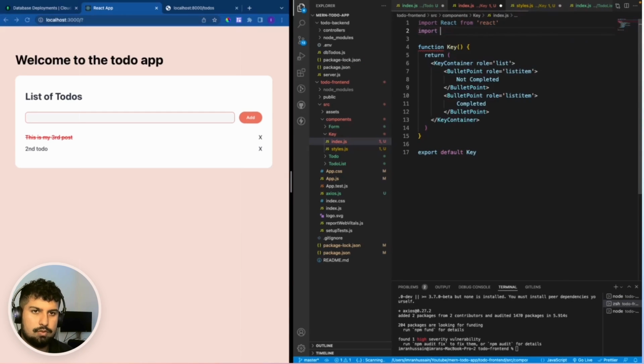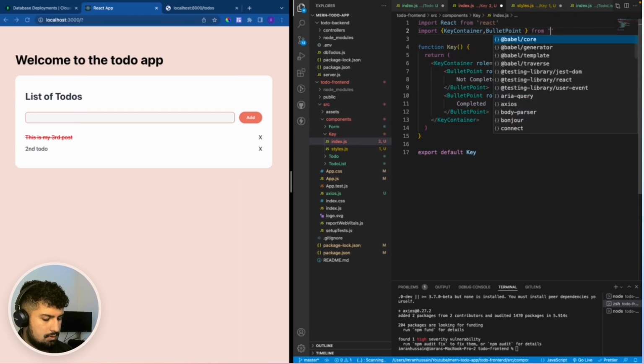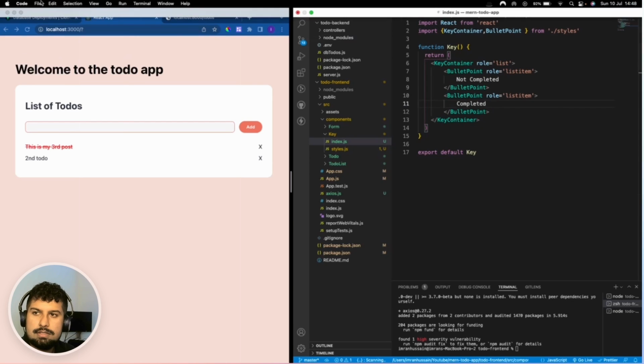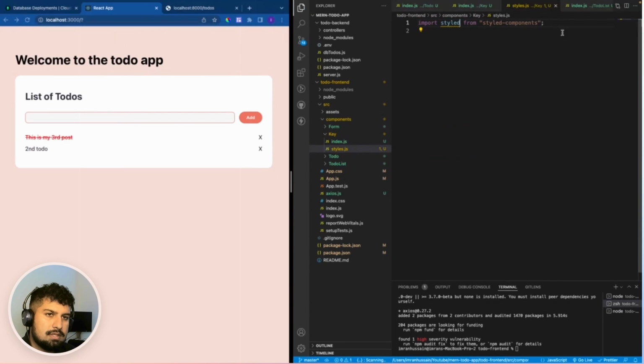Now all we need to do is create the styles for these style components. So import key container from the styles, and we also want to import the bullet point from /styles. Save everything. So now all we want to do is create the key container, export const bullet point, which is equal to